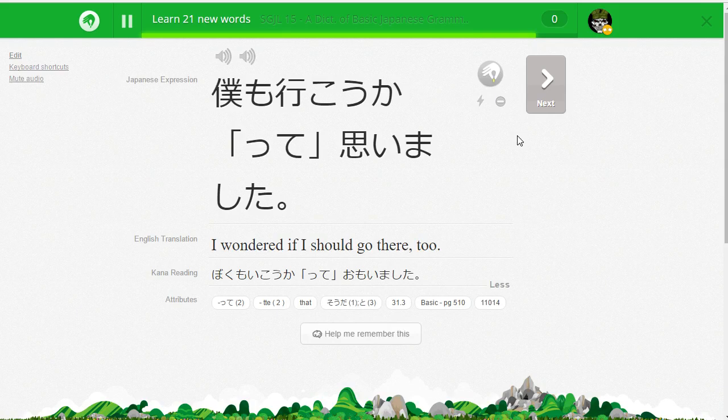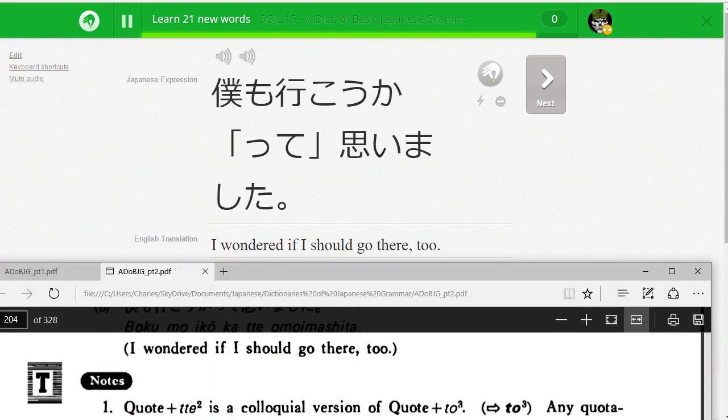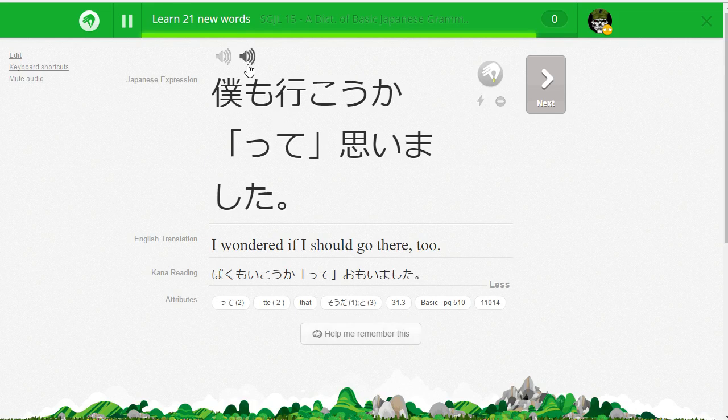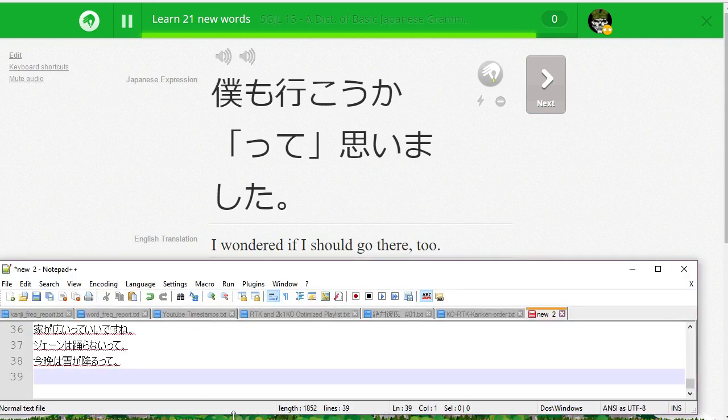僕も行こうかって思いました。If I should go there. Okay. And, you know, you could also say 行こうかと。僕も行こうかって思いました。Wondered if I should go there too. Okay. Let's type that out. Sorry. 僕も行こうかって思いました。Jesus, that was a major typo. Okay. 僕も行こうかって思いました。